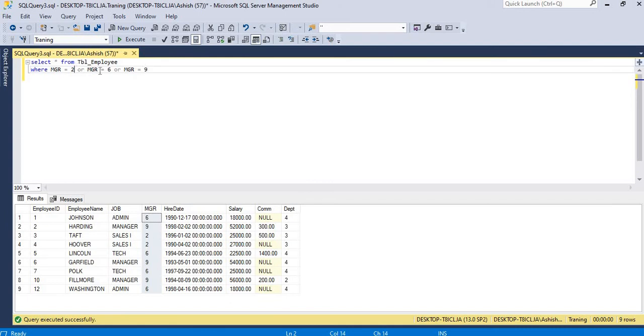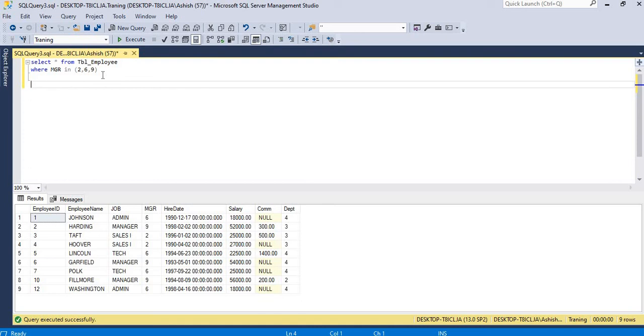What I will do instead is write IN (2, 6, 9). So it is similar to the same condition that I had written before. If you have written multiple conditions for the same column, instead of that you can use IN.